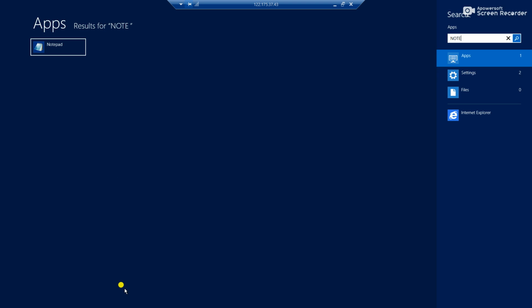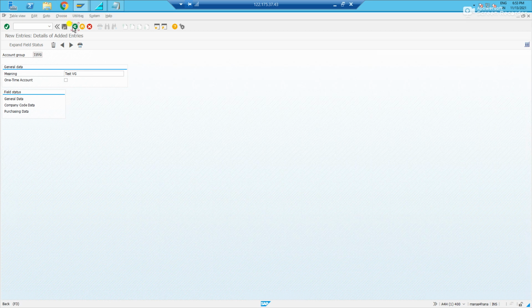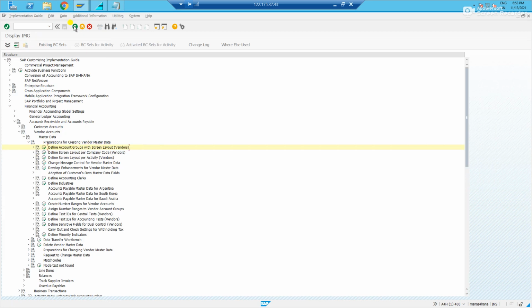Let me take a notepad quickly. The vendor group is this one. Then I need a number range to be created and assigned. If you see here, create a number range for vendor accounts.